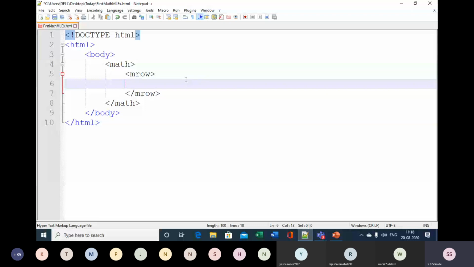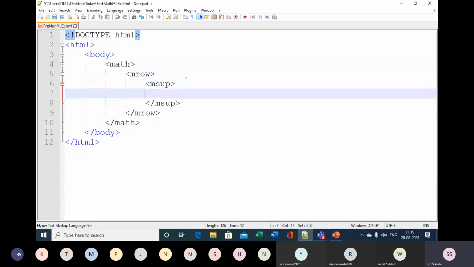So it is clear that you should make use of the superscript element, msup. In msup, you have the identifier x in mi and the number in mn. mi means identifier and mn is for the numeric literal. So mn is 2. Just close this msup, mrow is already closed, and close the math.